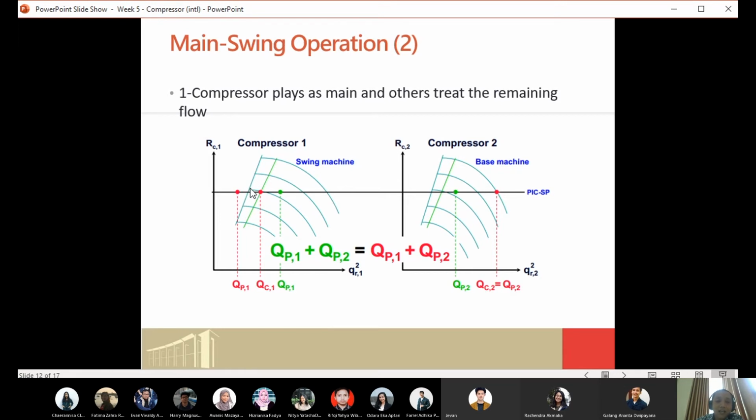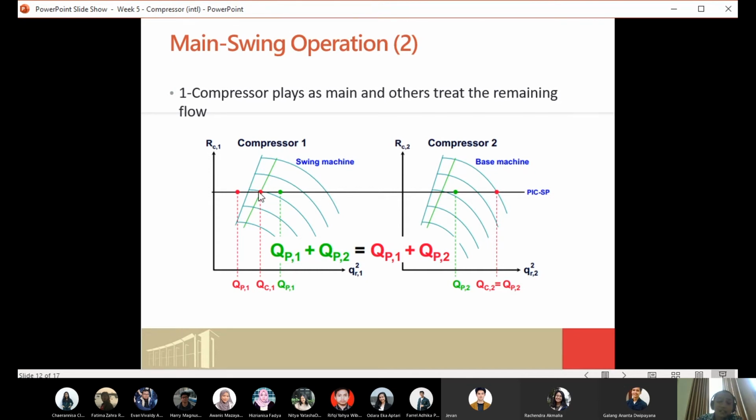To put the operating point back inside the operating window, you have to open the recycle valve inside the anti-surge system, so you return the point to the right side, to this point,